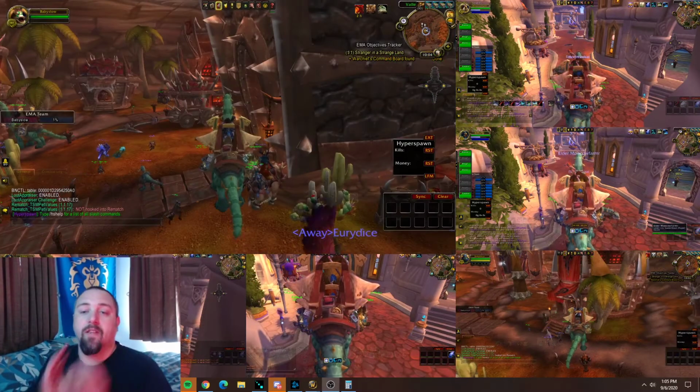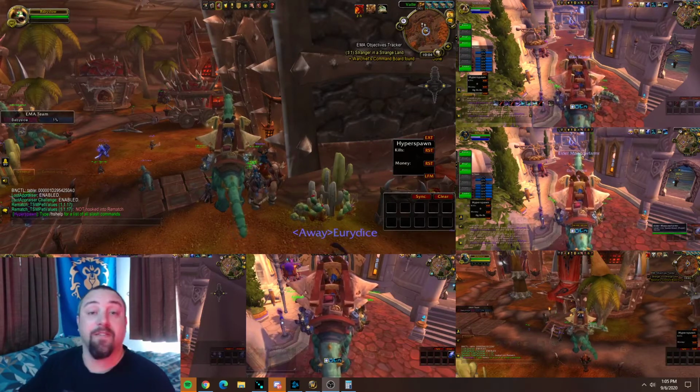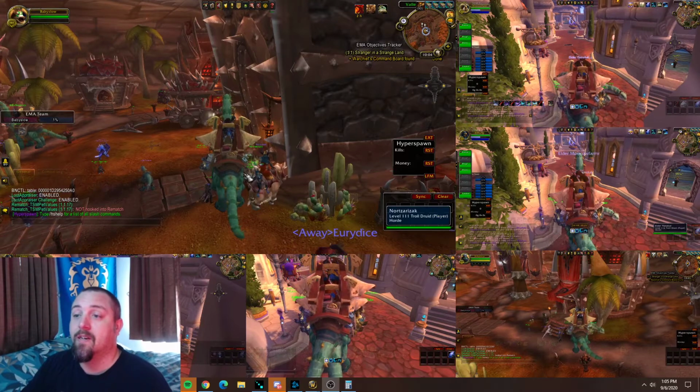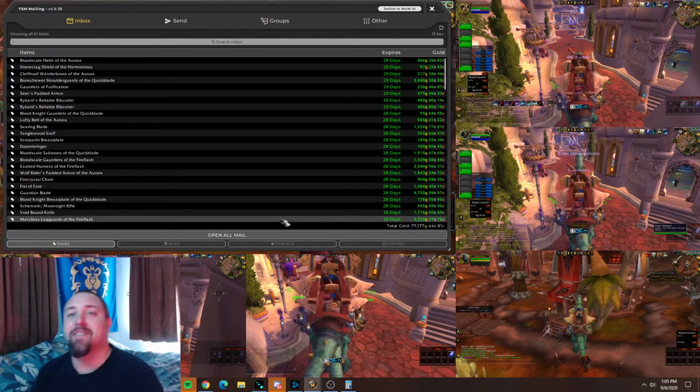Alright guys, so we are on our last and final realm. This is our other Horde realm. And let's go ahead and start off with the low value transmog. We can find the mailbox once again. We're struggling with those mailboxes. 61 items sold at